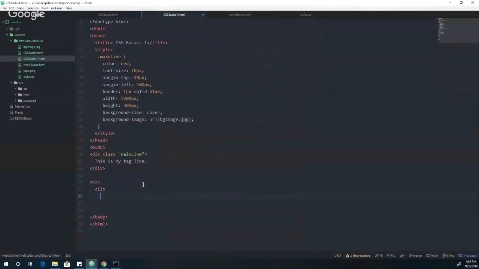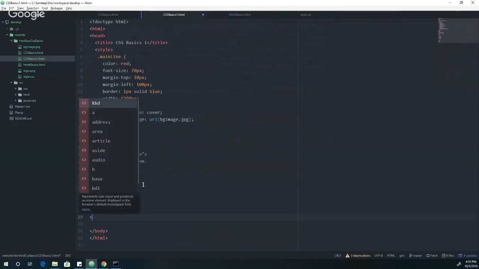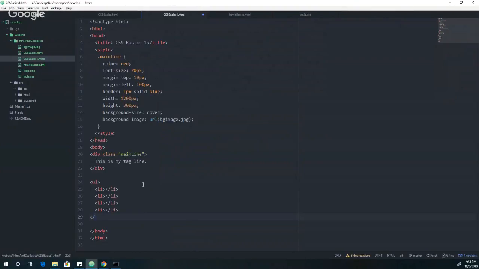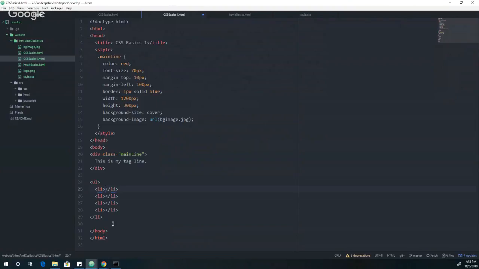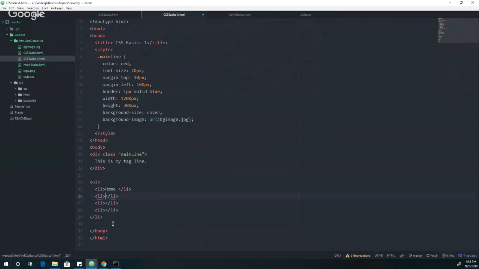UL means I think it holds the whole list, an unordered list. And LI is a list item. Say shopping list,